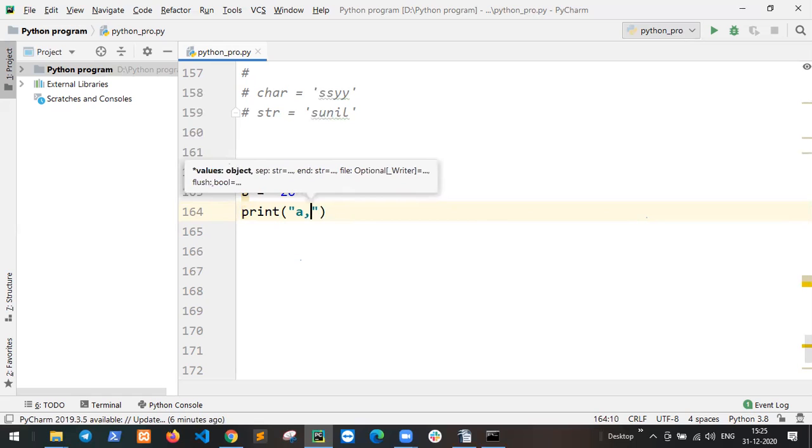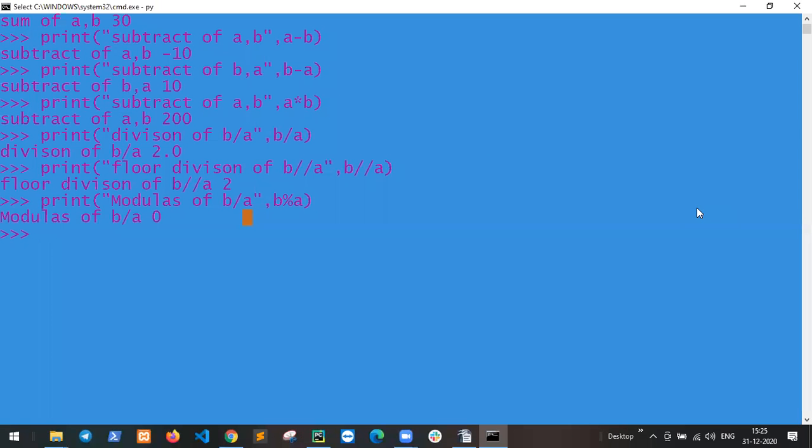Comma P. Very slow. My computer very. So go through this code. Okay.